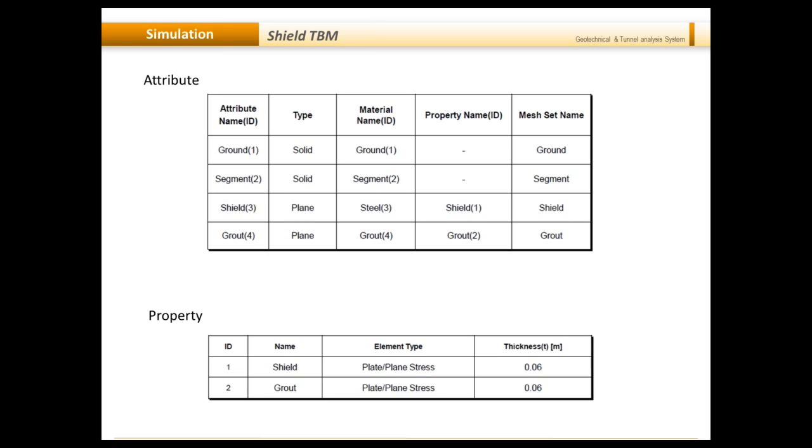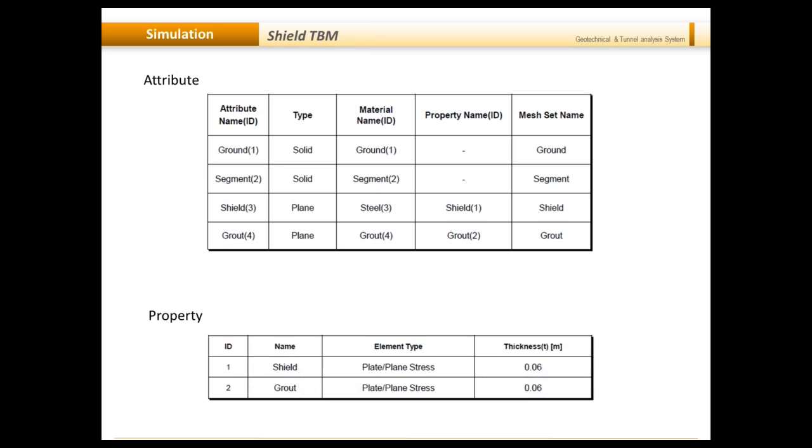So basically the thickness. Whenever you are using rock bolts, this property can have the thickness of the rock bolts or soil nails. If you're using sheet pile, then you can give the thickness of the sheet pile. So different types of properties can be assigned, usually for the structural members. So you can see the properties that will be assigned for the shield and grout. We are going with